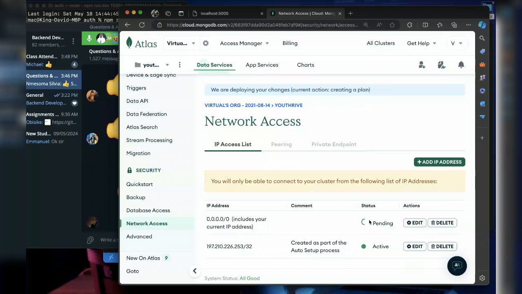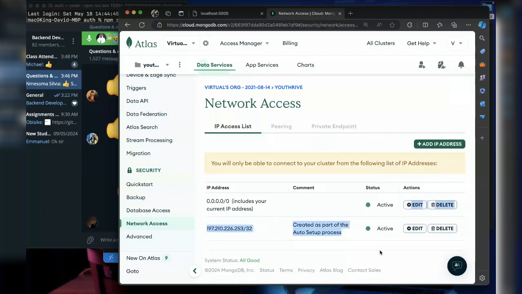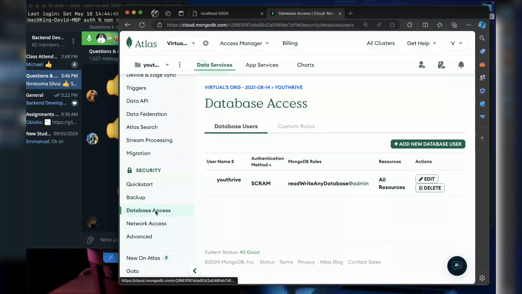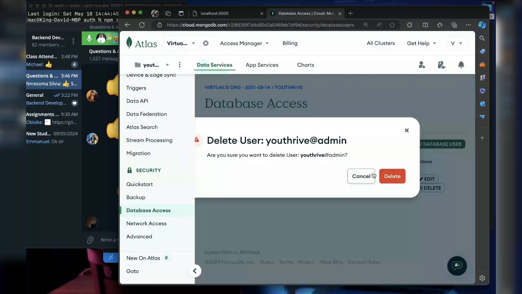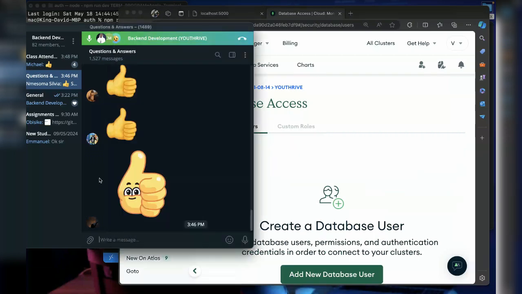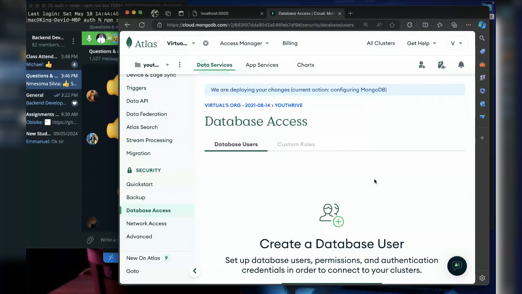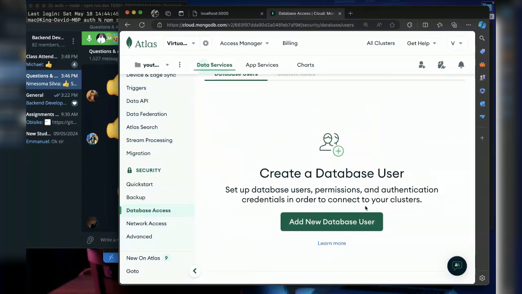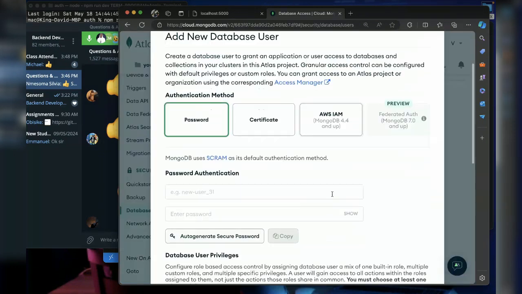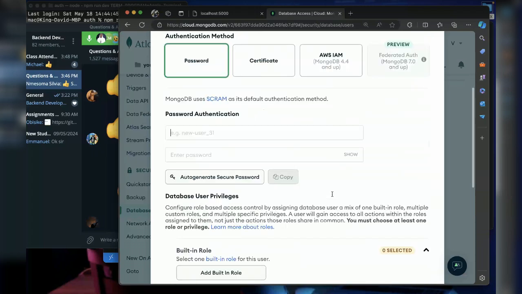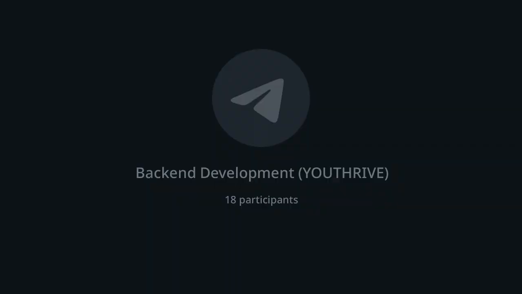Now wait for it to get active. You need to see that it is active, otherwise you cannot connect also. So the next thing you want to do is set up a database access, a user that can connect to this database. Now, this is for those who are still having challenges connecting to database. But if you can connect to database, fine, you pass this side. So you need to create a user that will be connecting to this database, and your user must have the role of admin. So I think I will set this as youth tribe,